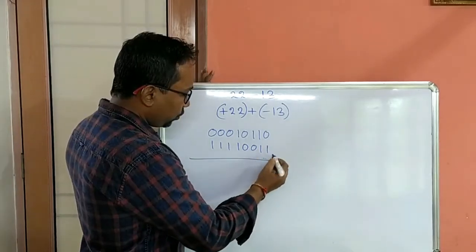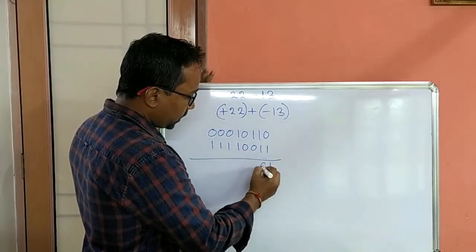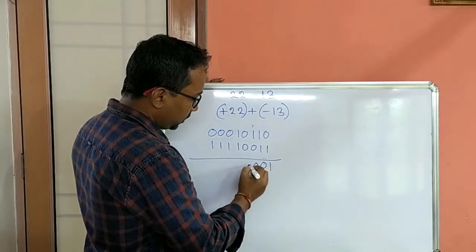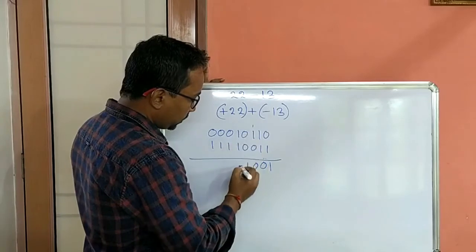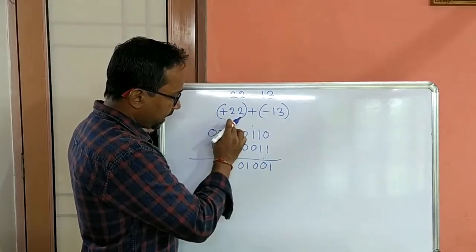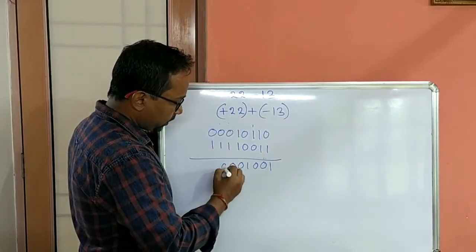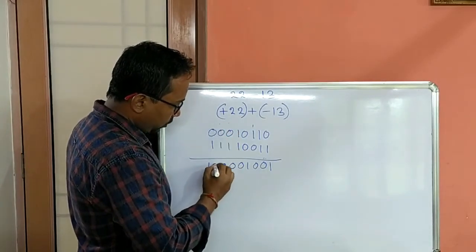So we are getting 0 plus 1 for 1, 1 plus 1 for 1, 0. Here 1 is the carry. So that 1 plus this 1 for again 1, 0. So this side 1 is coming, then 1 plus 1 for 0. 1 will carry this side, that 1 plus this 1 for again 1, 0. Again 1 will carry, that 1 plus this 1 for 1, 0. And last 1 plus 1 for 1, 0.